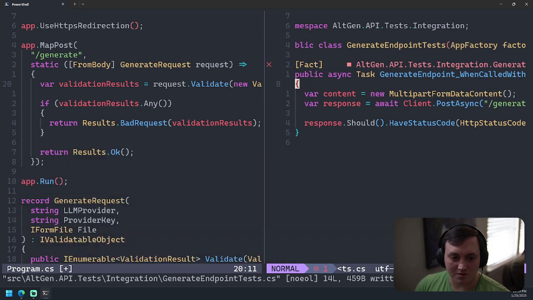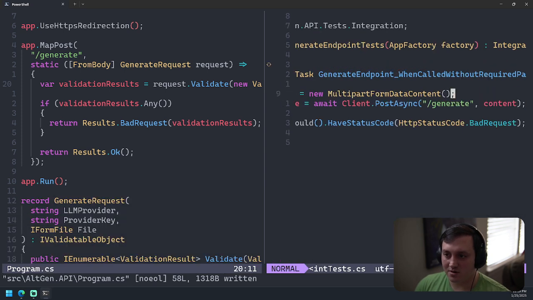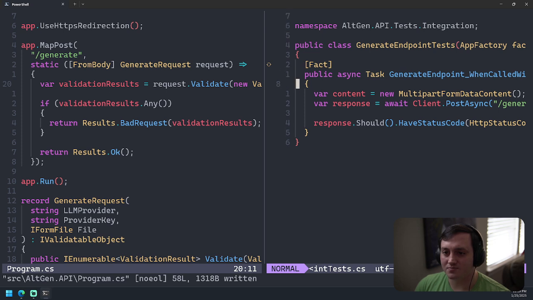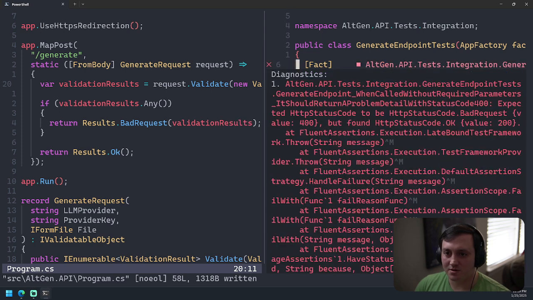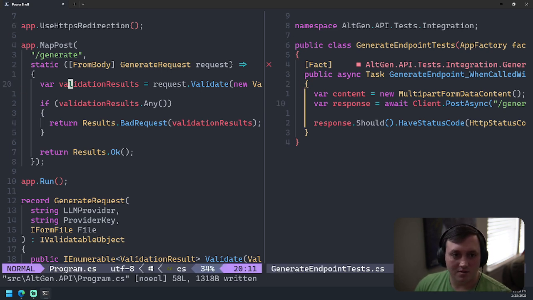Oh, we should make sure we write out our changes over here. I don't know if I actually did that. Okay, so I think this should pass now. So let's go back to our file, run our tests, and this should pass. Okay, famous last words. Still failed. So let's debug.